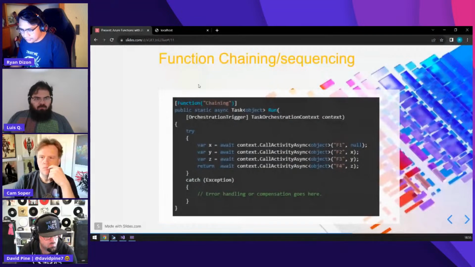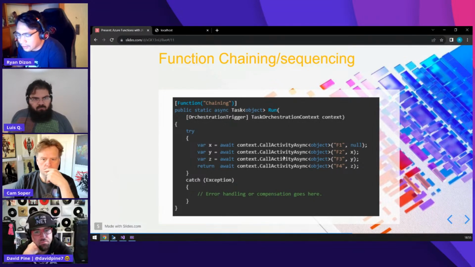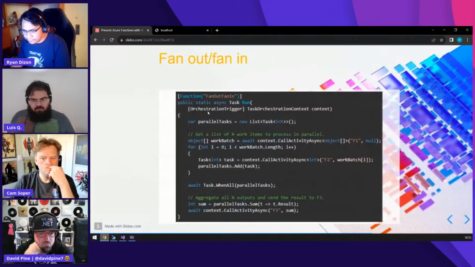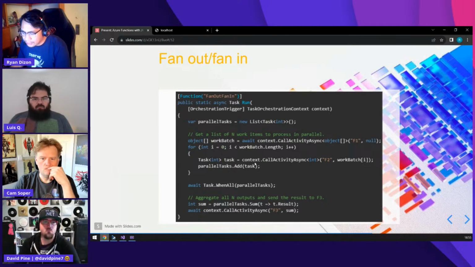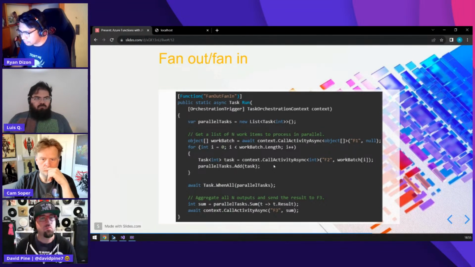So this is just a sample chaining sequencing flow. As you can see here, it can handle different functions at a time. For fan out, fan in, let's say you are working with ordering or checkout functionality.